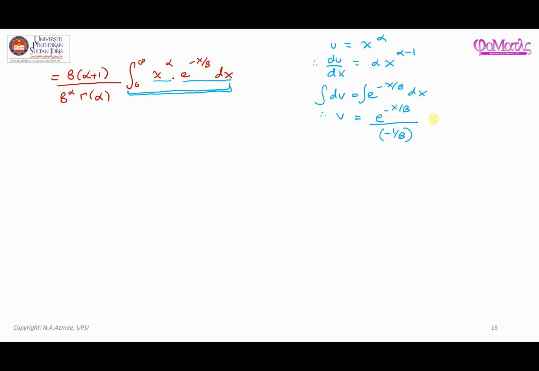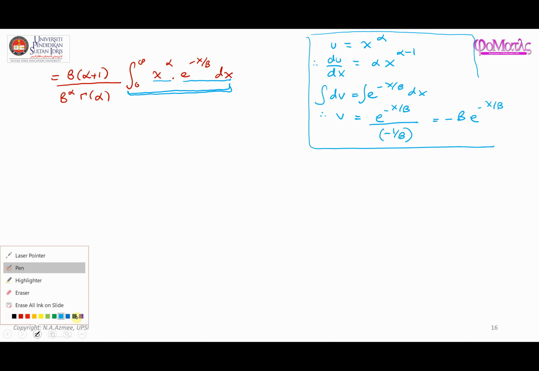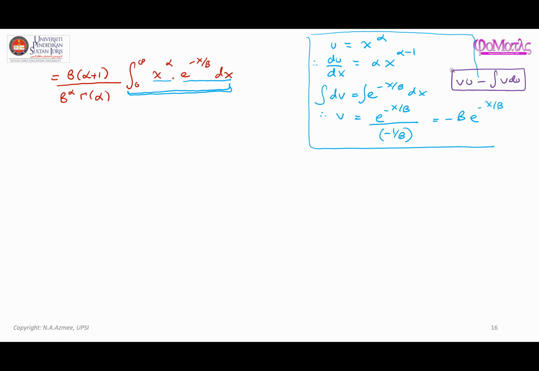And this can also be written as negative beta e to the negative x over beta, right? Okay, so this is what we're going to consider. And of course, the formula to apply that integration by parts is given by uv minus integral of v du. Okay, now